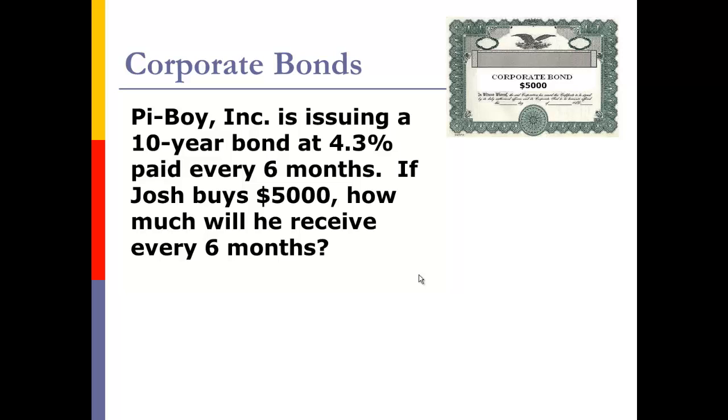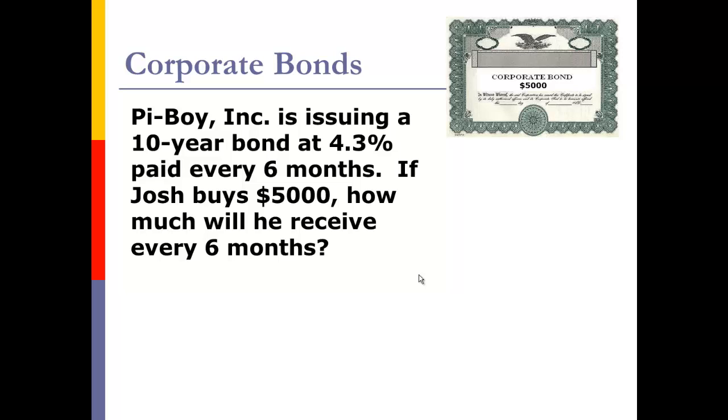I've got a $5,000 corporate bond here. It's a 10-year bond, so basically what's going to happen is that in 10 years, they're going to pay me back the $5,000. In 10 years, they pay me back the $5,000. But also, in the meantime, every 6 months, they're going to pay me